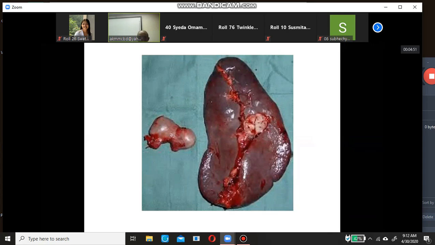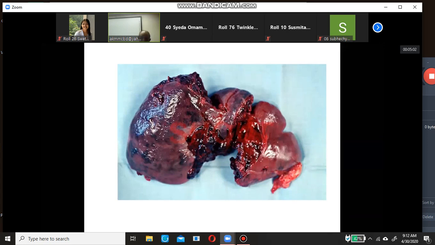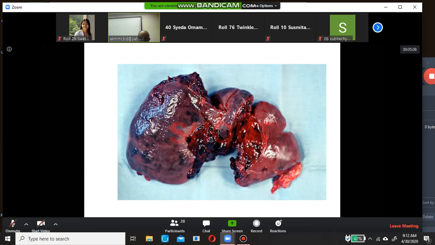This is also a spleen. You see the shape and the color. This is also a splenic injury. And what is this? Spleen.